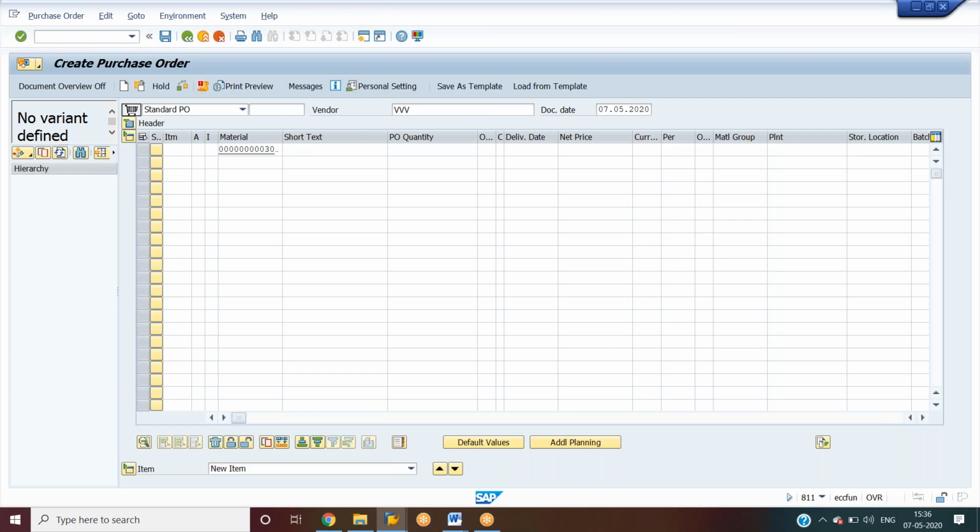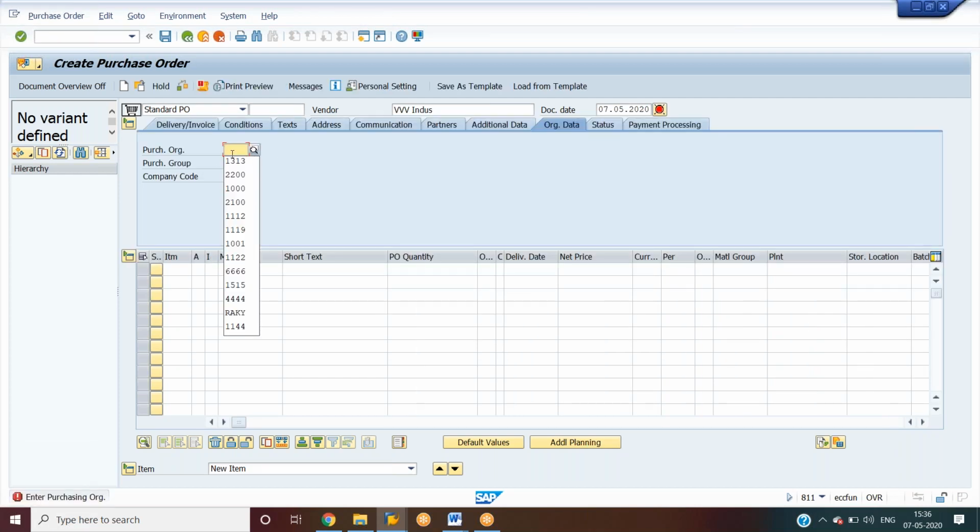This is the creation of PO, just for understanding.